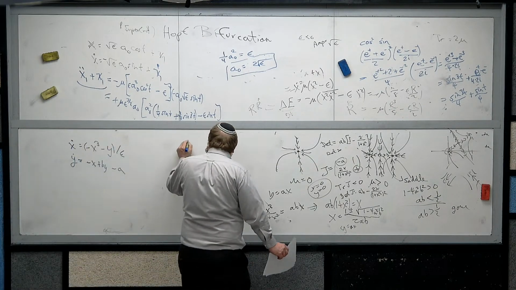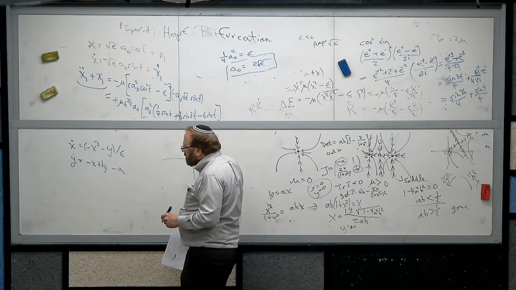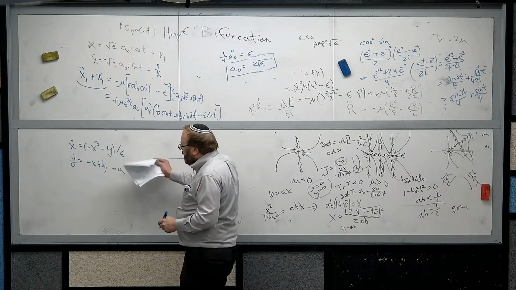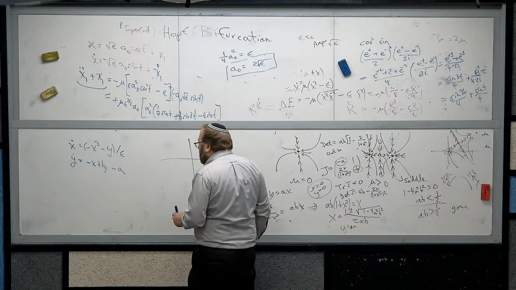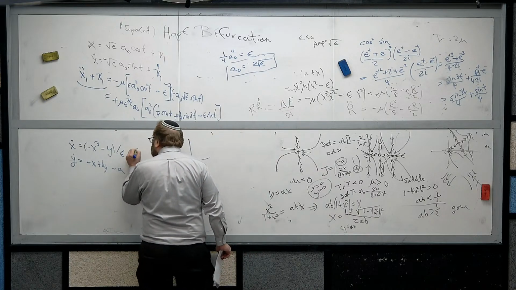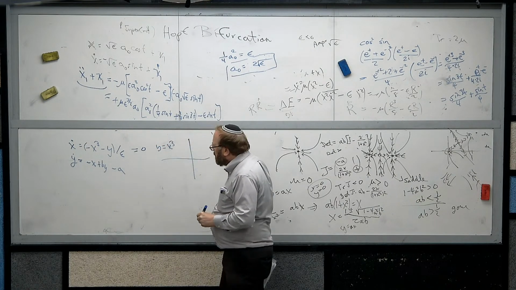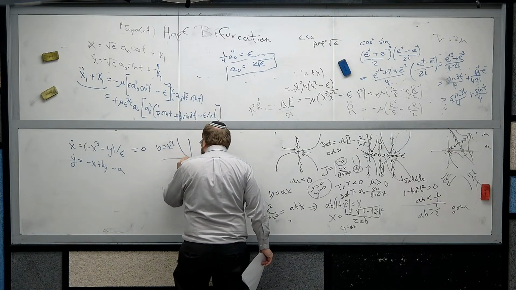So in order to find the fixed point, let's draw the nullclines. The nullclines are where this vanishes and this vanishes by itself. So if this vanishes, that says that y equals x cubed minus x cubed. And that looks like,